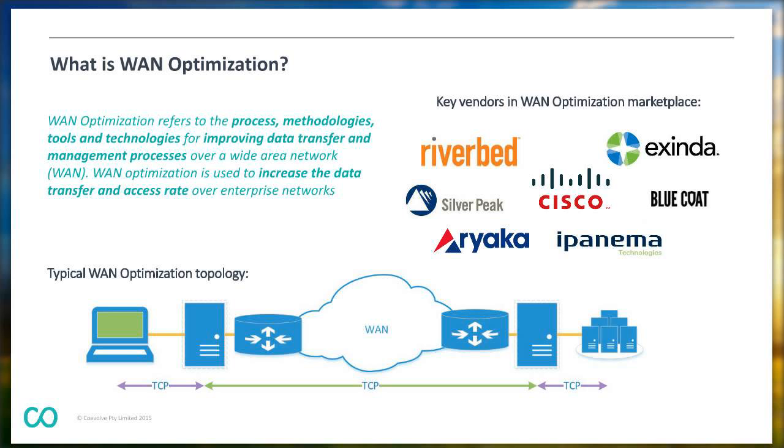And at the bottom there, you can see how this is typically represented. You have an appliance at the remote site, appliance at the data center site, and the technology to optimize the traffic then is primarily, or the foundation of it is based around TCP optimization. So it's taking a legacy protocol that's not very well suited to run over long distances and faking the responses back to the application so that they think they're operating over a much shorter path.